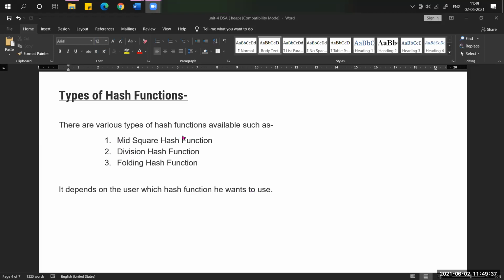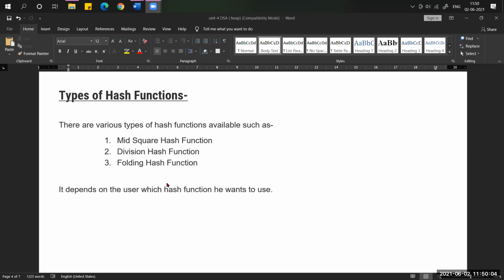For every type of hash function, I'm going to explain two examples so that you will easily understand. The third one is the folding hash function. So the three types are the mid square, division, and folding hash functions.